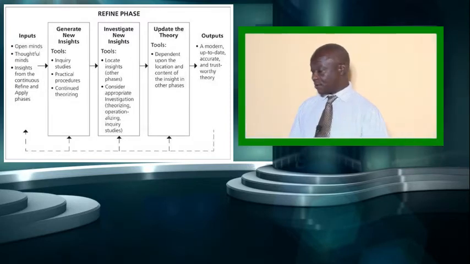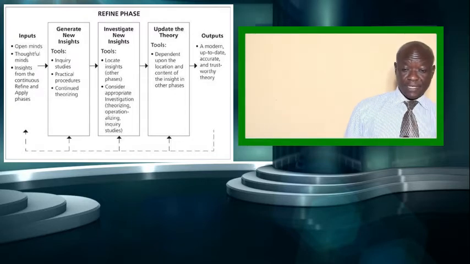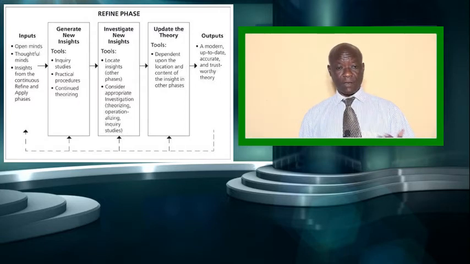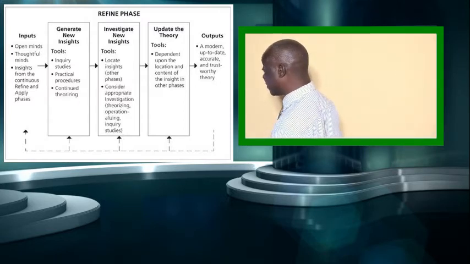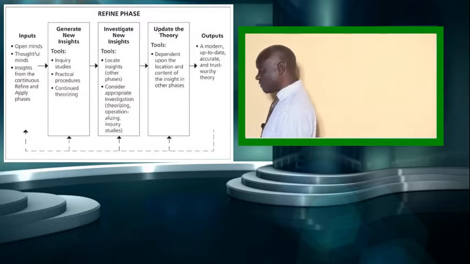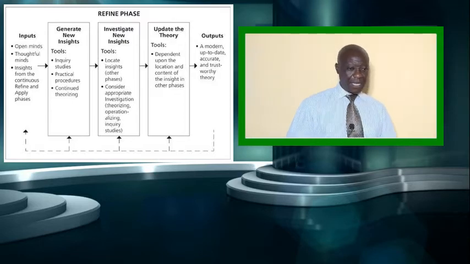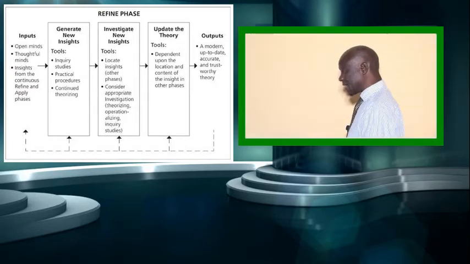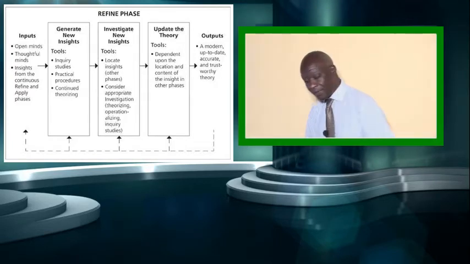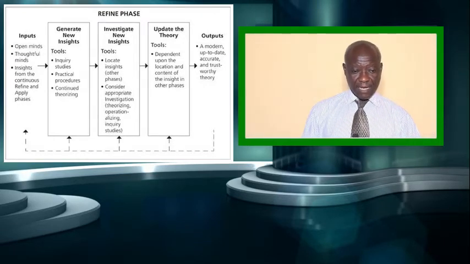And from updating the theory, we go to outputs. So the goal of the refined phase is simple: make non-fitting parts of the theory fit. And because fit with reality is the key, any modifications of the theory require the collection of evidence to confirm it. And once confirmed, the theory is updated. And there may be follow-up modifications to practical procedures in the apply phase, but this is entirely dependent on the types of changes. So, ladies and gentlemen, those are very important things, and we can now talk about the summary